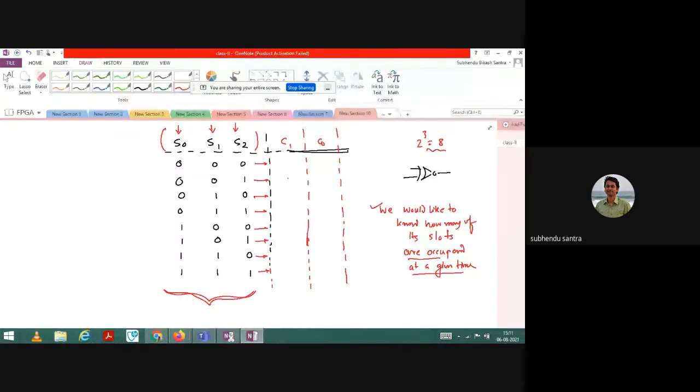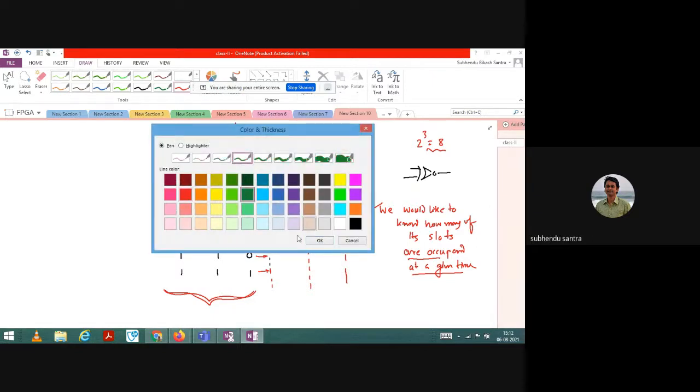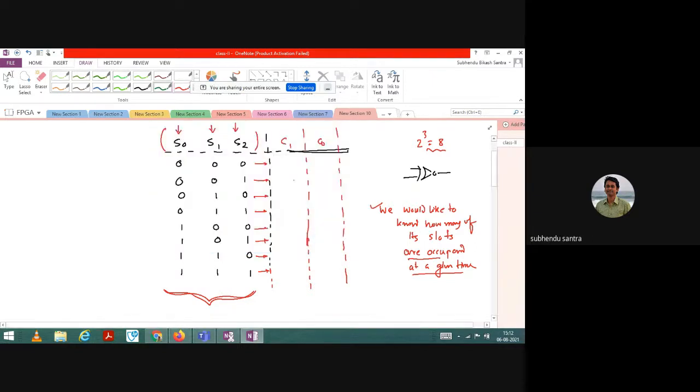Any idea how I can do it? Both the columns need to be filled, right? Yes, both the columns need to be filled. So 0 0 0, when this type of thing is there, means 3 slots and all are 0. So you count 0.